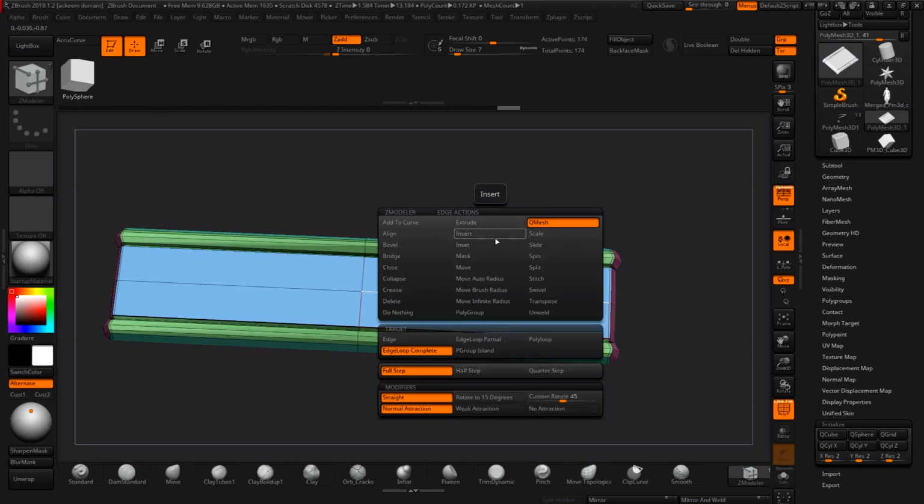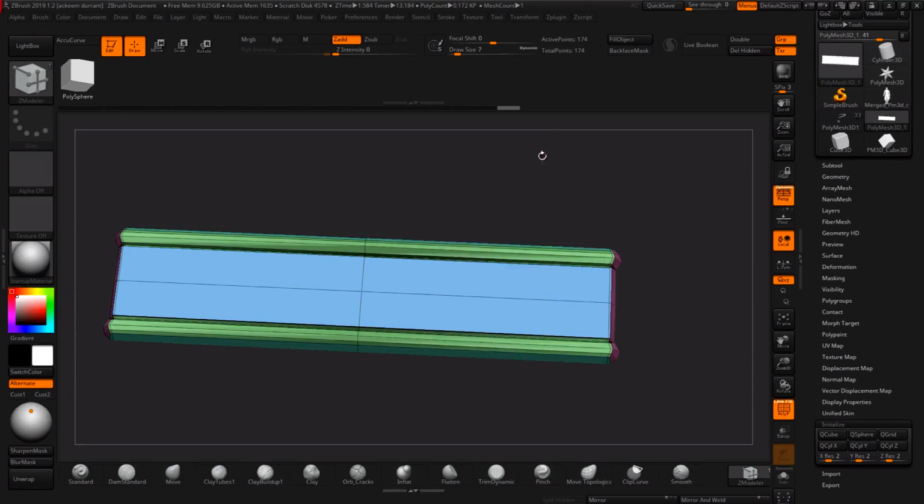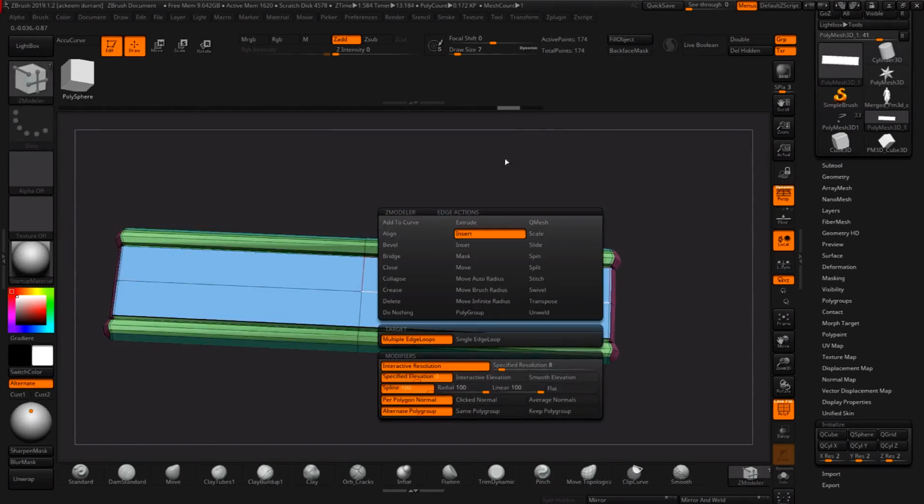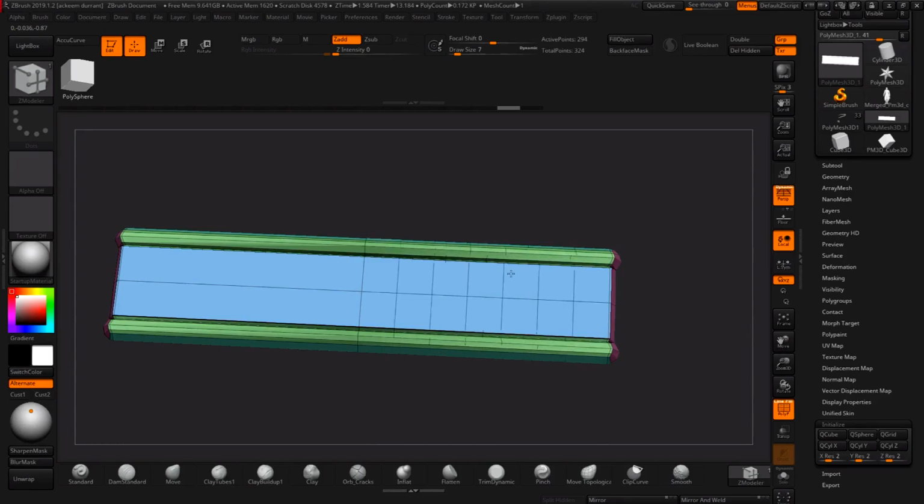So that's just so this shape's more supported. So I'm going to go to insert, and this time multiple edge loops, right? And then I'm going to insert a few. Now, one thing, I just press Control Z. Before I do that, I'm going to change this so we get the keep polygroups, because I don't want it to define polygroups for me. Not right now anyway. And I'm just going to insert a few there, insert a few here,